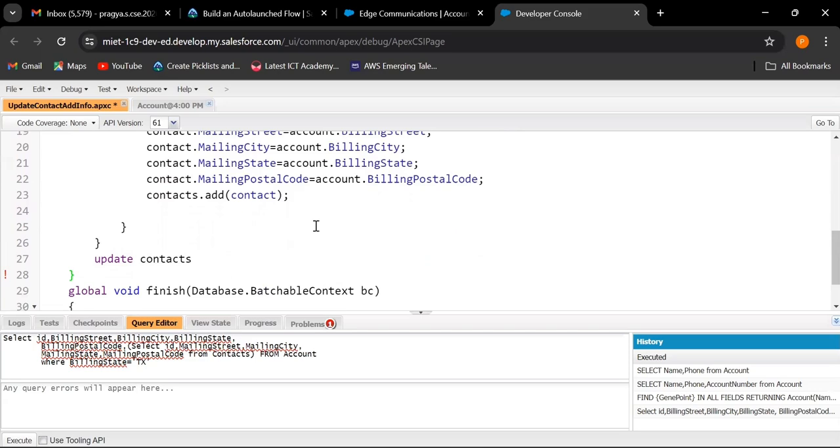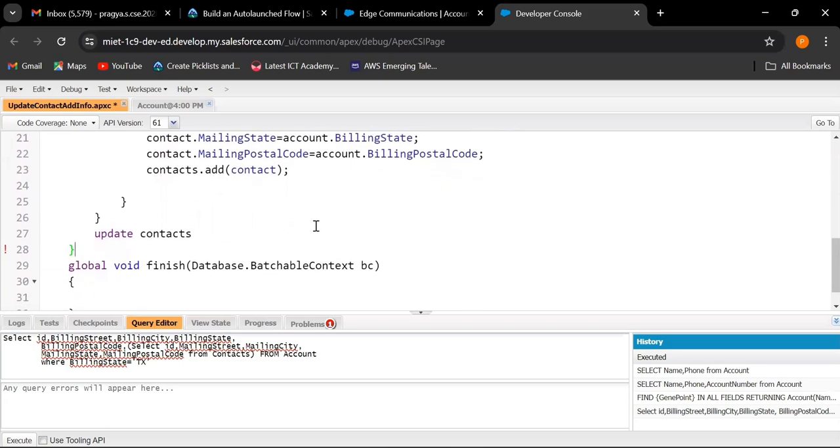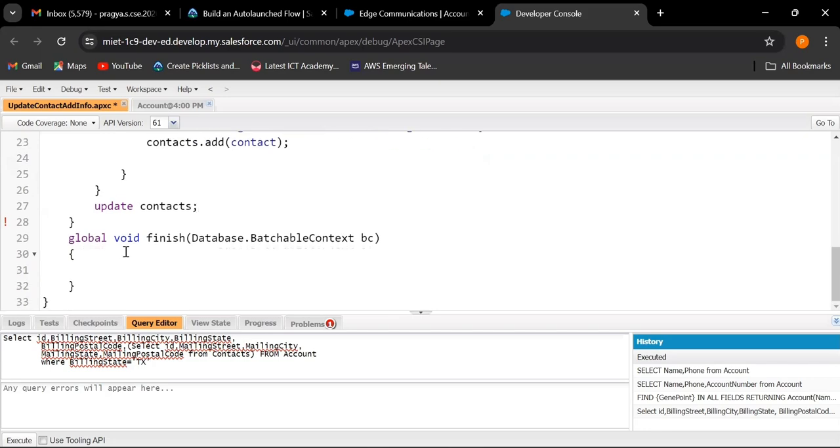So basically we are updating the mailing information of the contact with the billing information from the account associated with that contact. Once we have done that, we are finally doing a DML update on the contacts. Then inside the finish method, we are not doing anything. So right now, if we have to call this,